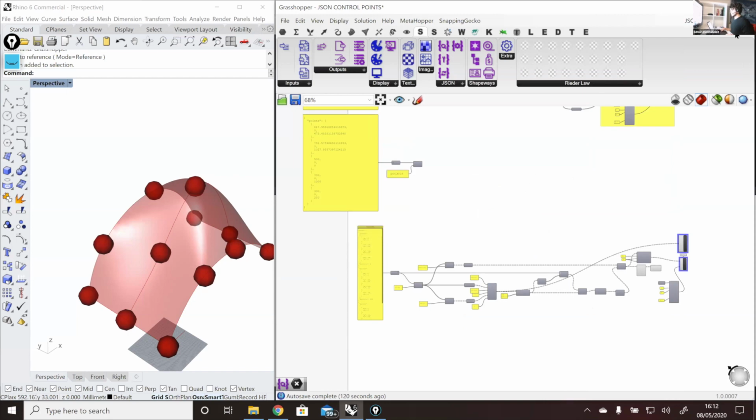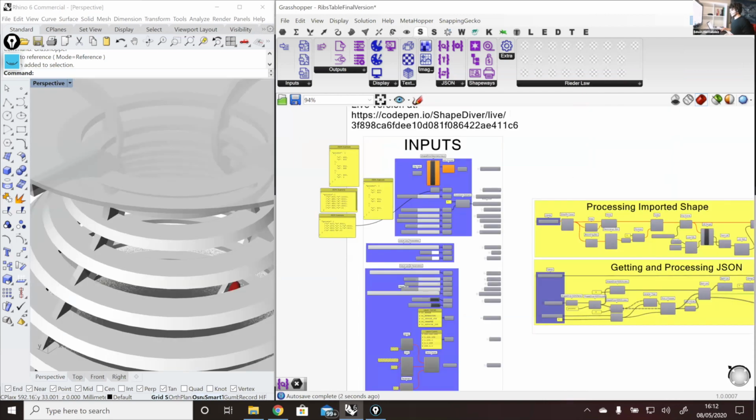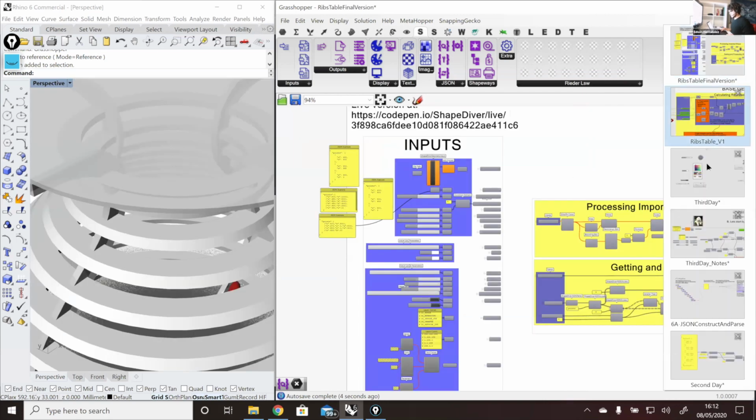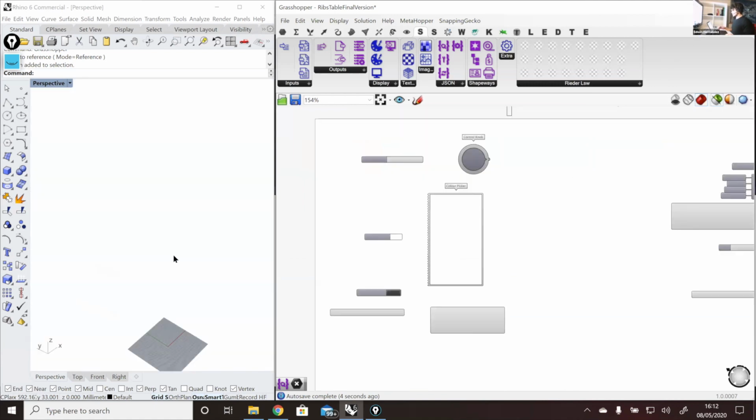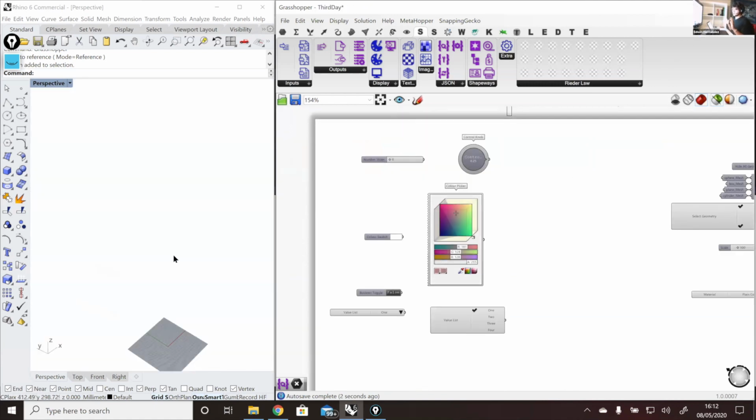Perfect. So let's go to today's topic, third day. Until now, what we've done is we already have an optimized definition which can access complex data structures, in this case through JSON. And we also gave some tips and tricks to keep your data trees organized and also to use them for